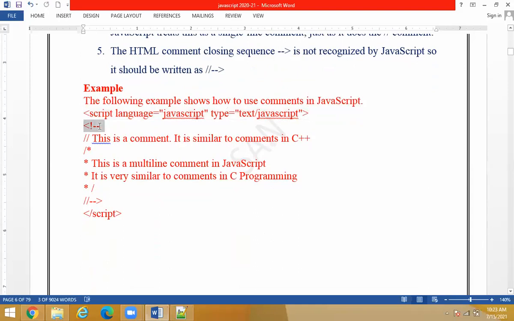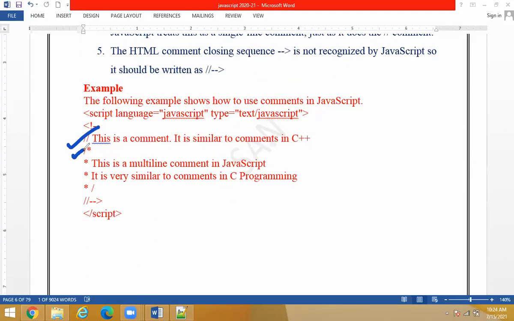See, this is a comment, the first comment. From here you can see, I will take a marker to show you. From here it is going to begin, right? So this is a JavaScript comment and here you are going to end that. How are you going to end that? This is followed by a double slash, not simply an HTML comment. It is followed by a double slash. Clear? Now see, it is a single line comment. Double slash will be a single line comment which is applicable for a single line.